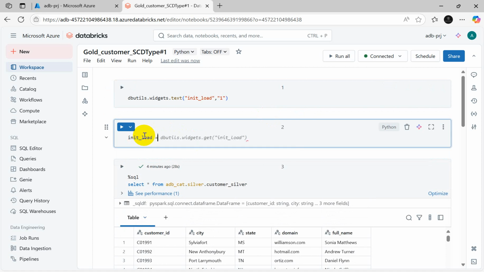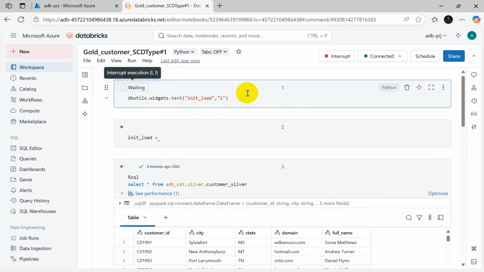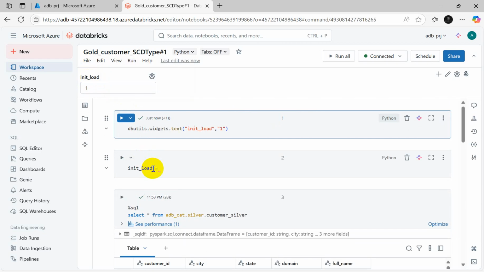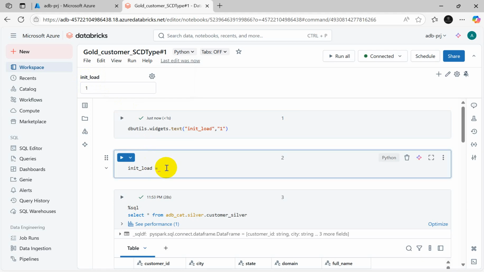I can copy the value of this because right now, once you execute that, a parameter will be created with value 1. Now I have to hold this parameter value in another variable. So let's give the same name. We can give another name also, but this time we will use an integer to hold it, so int, and we will use